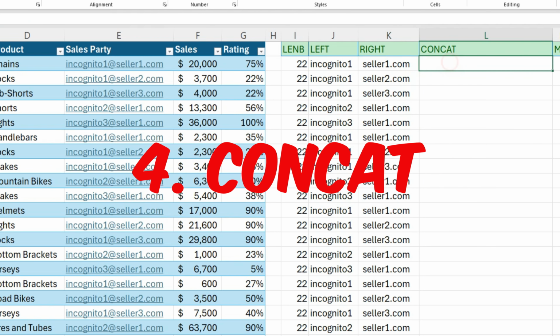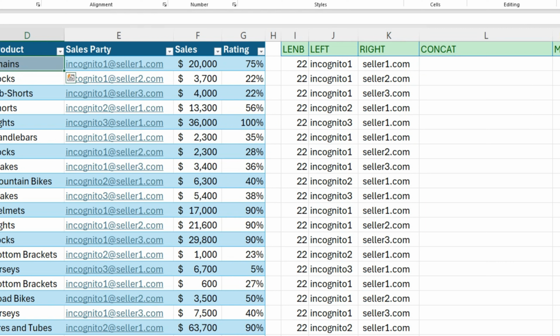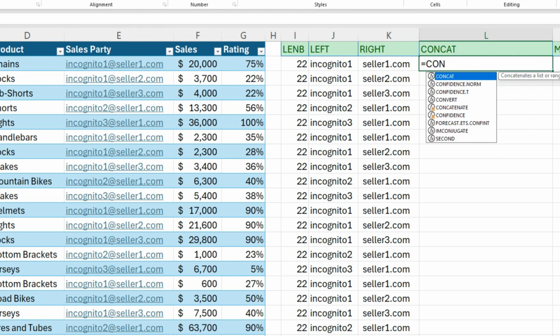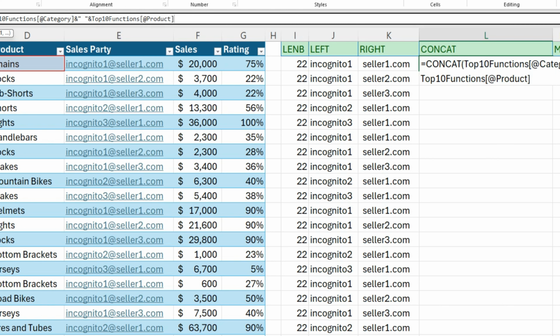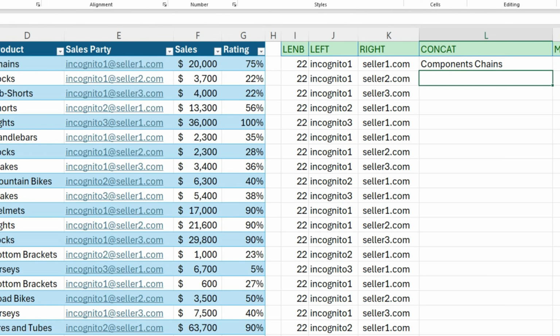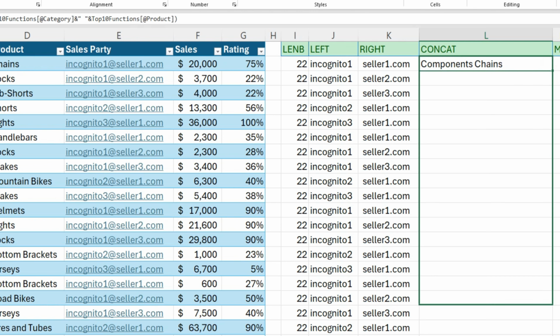Now, let's say that we want to combine text from multiple text cells. To do so, we use the CONCAT function. For this function, we can simply select the first part of the text, add the and symbol. Then, we add quote space quote to have a space after the first text string. We can then add another and while selecting the second text string. Of course, if we want, we can continue to add as many text strings together, but for this exercise, we will only combine 2. We can close parenthesis and hit enter, and now we can see that we have the 2 texts combined in the same cell.